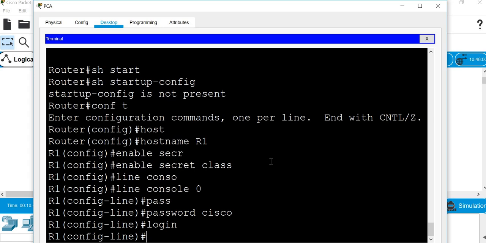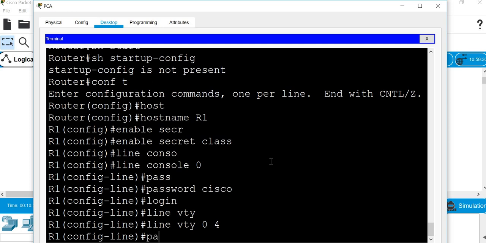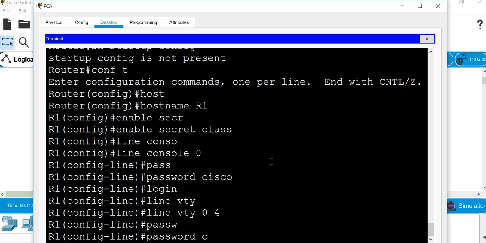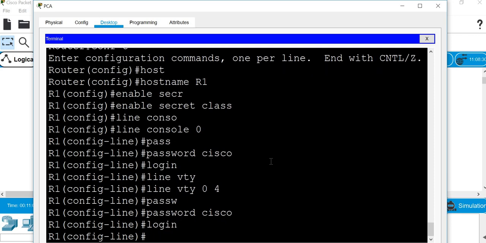Now I will configure line VTY password. Line VTY, so 0 to 4. And put password, say Cisco again. Cisco. And then again the word login. Enter. Alright? So I have configured all necessary passwords, and if I want to verify, let me